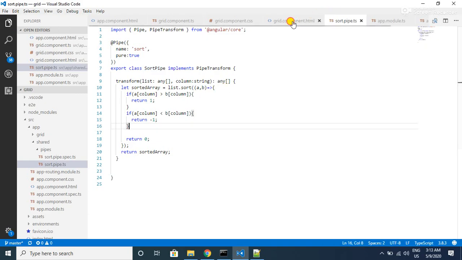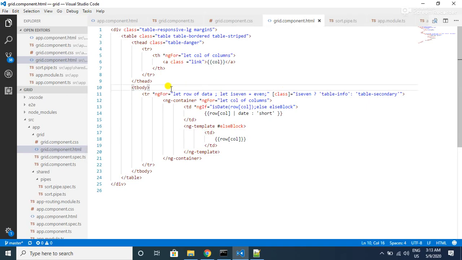Let's go to the grid component.html file, and here if you see, we are looping through the data in tr elements. We want to apply this sort pipe to our data, so that our data will be the input parameter for our sort pipe. To use the pipe, we use the pipe symbol and then the pipe name.